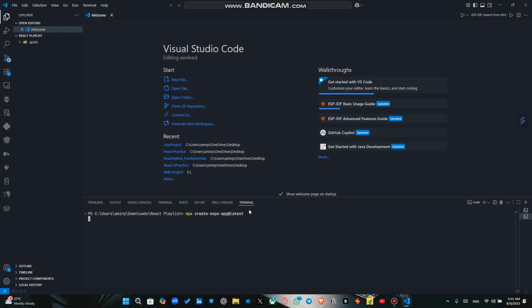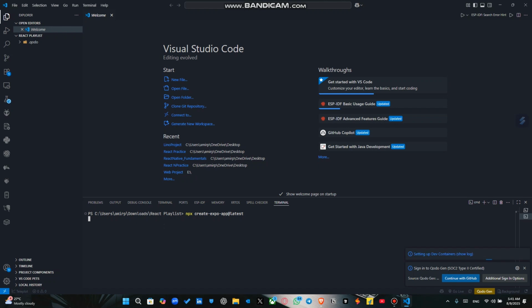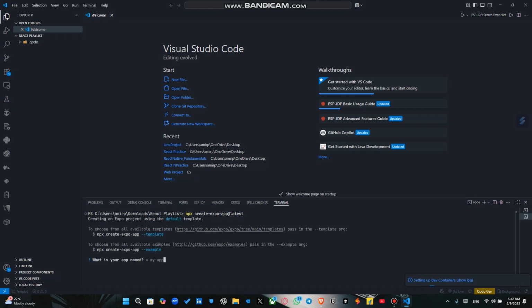After providing the name, it's going to give us a folder for our project with all the required dependencies. Let's give it a few seconds, and we shall see the project folder will be ready. Okay, it's asking me for the application name, so I'll just say my Expo app